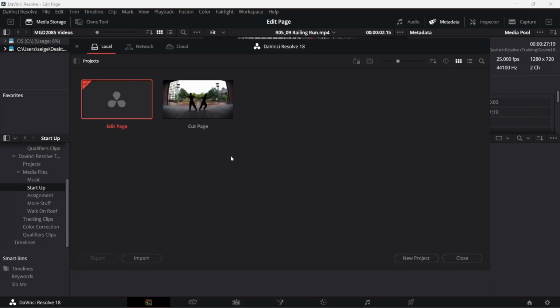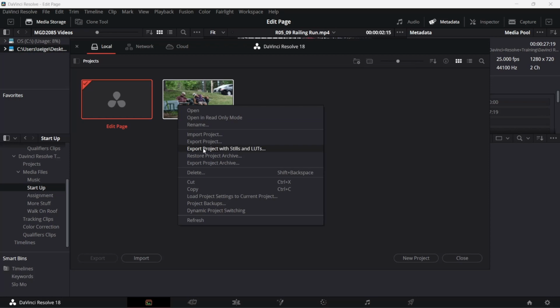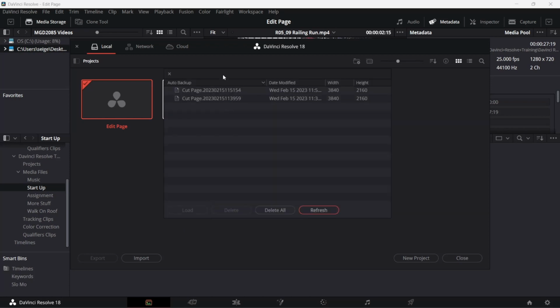So we're back here in the navigation page. Over here under the cut page, we give that a right click, and we can come down here and say restore project archive, project backups. Let's click on project backups. And there are the two files that we just found a minute ago. Okay, so the difference between that one we just did and these here, when I click on the one that happened, let's open that up a little bit, at 11:39, when I click on this